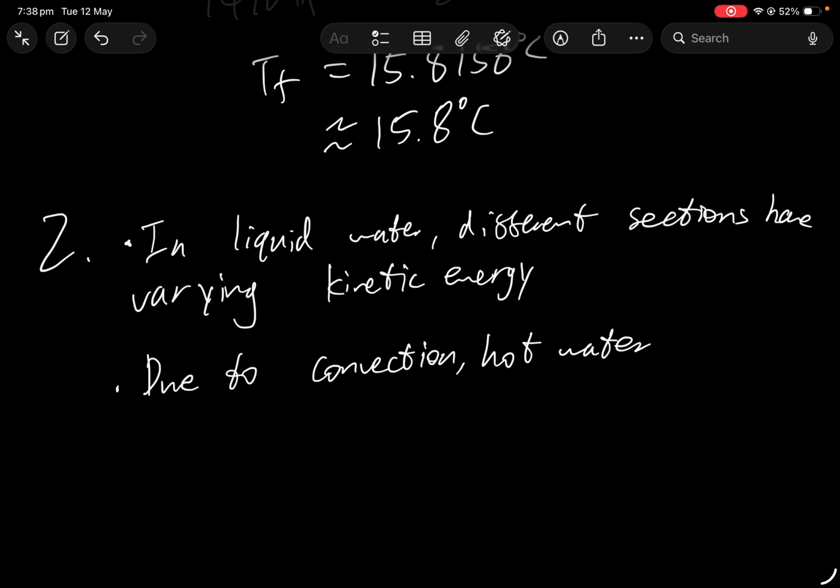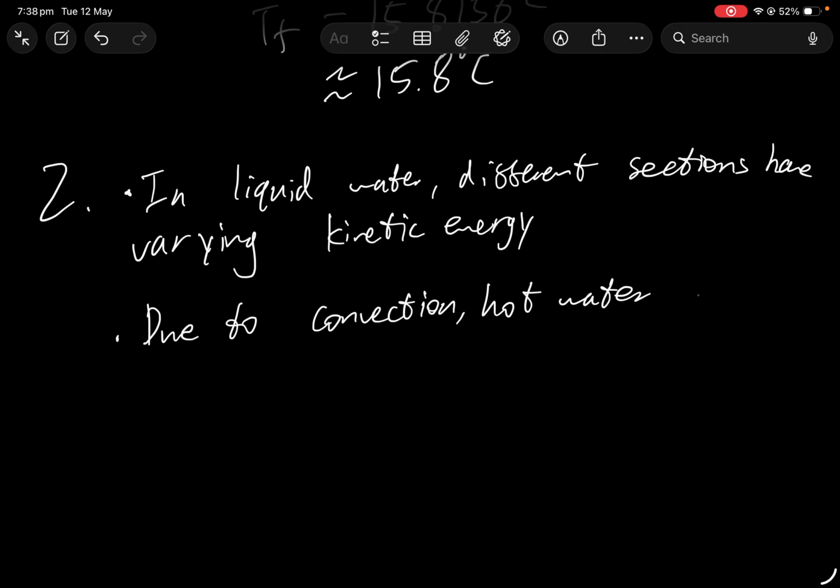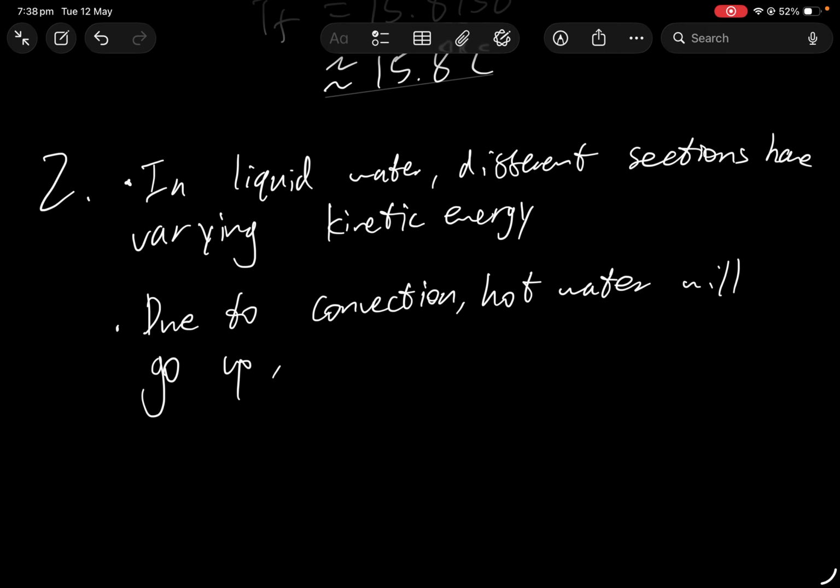Actually, we're trying to find if the warmer stuff actually goes up or down to prove our point. Warm molecules move up, so we're right. Hot water will go up, because they move up,